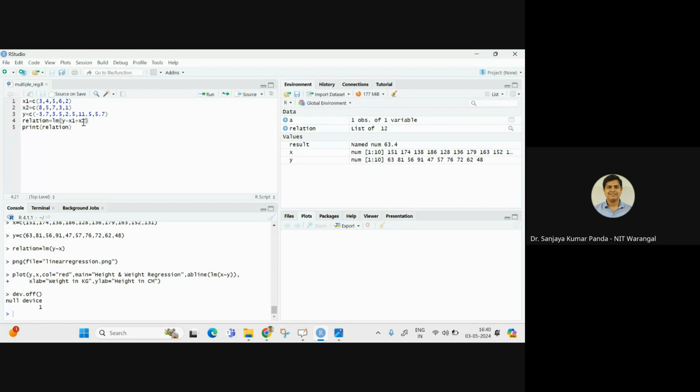And note that this is additive. X1 and x2 we are adding, and y is a function of x1 and x2. That's why we are writing this one. In some cases we model it by x1 star x2. That is called multiplicative. But here I am taking additive. So if you execute this code,